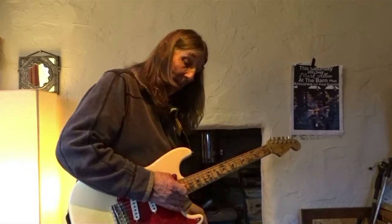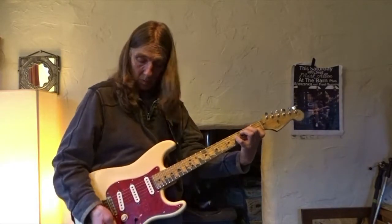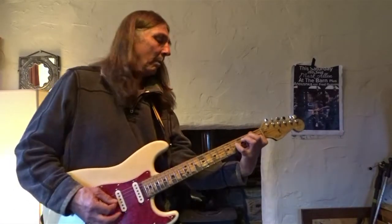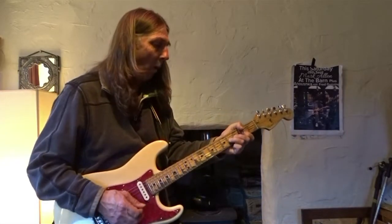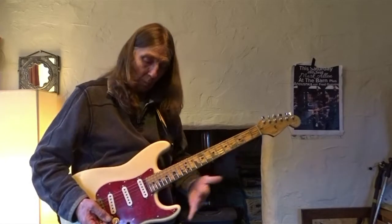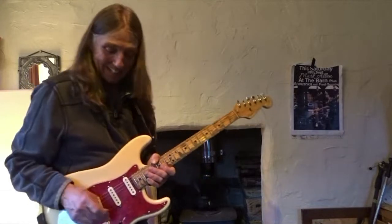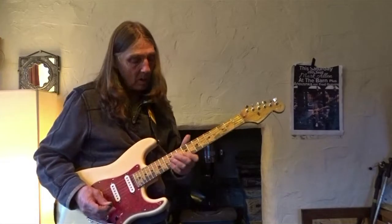Cavatina, if you've heard me do that, would start with just the Shadow Zoom pedal. But when it goes up to the higher part, it helps to be sitting by your rails to do all the adjustments. I bring in the Digitech, but take some of the treble off on the guitar to get...